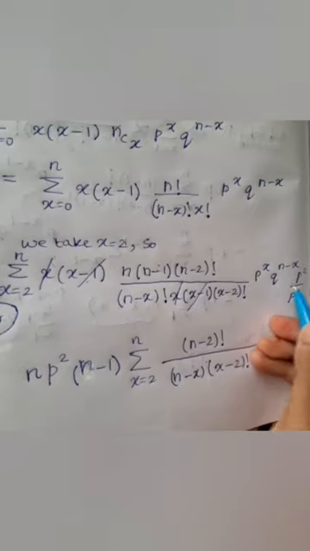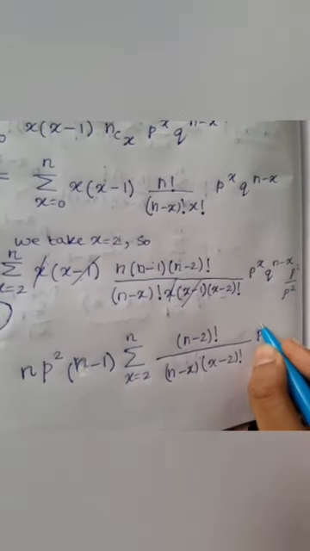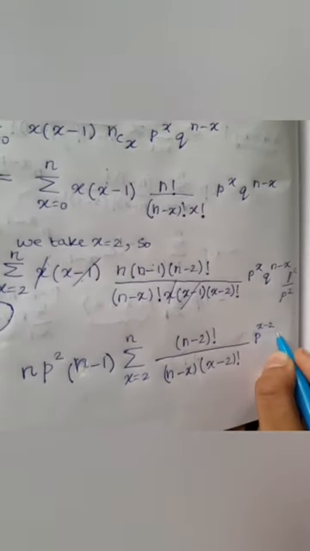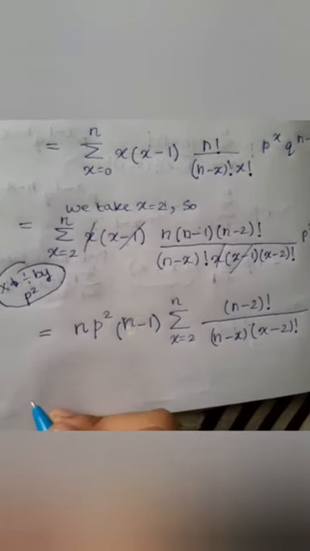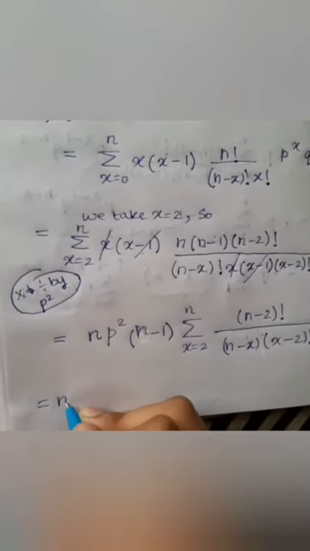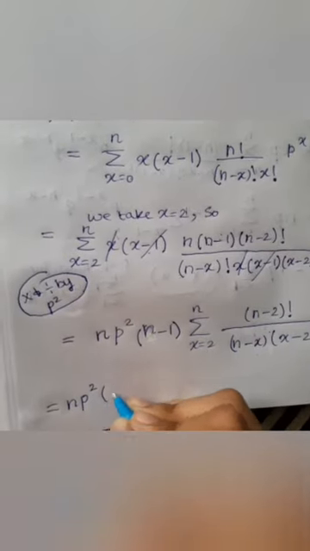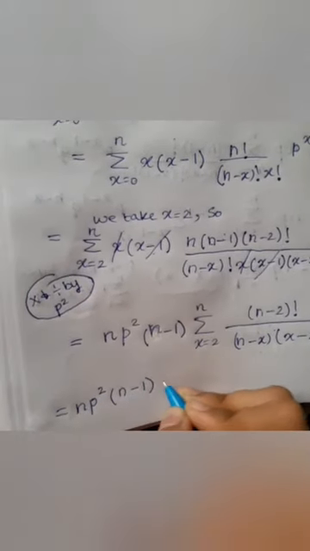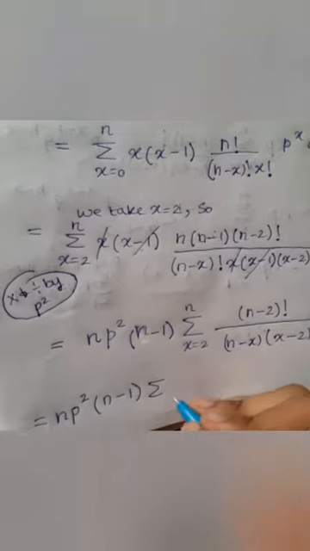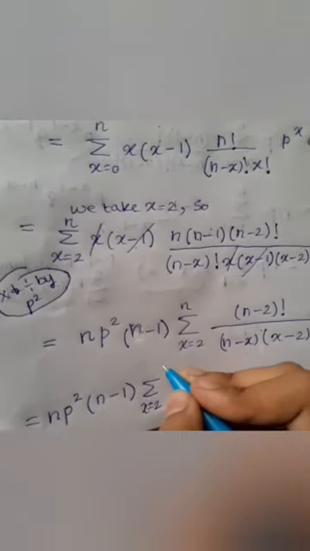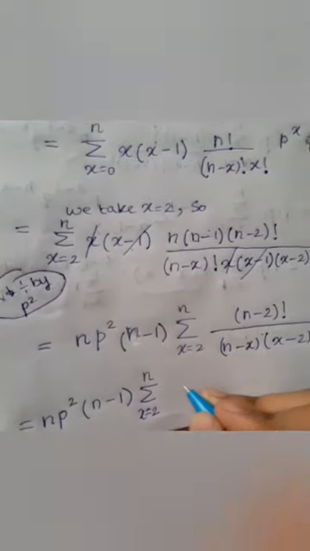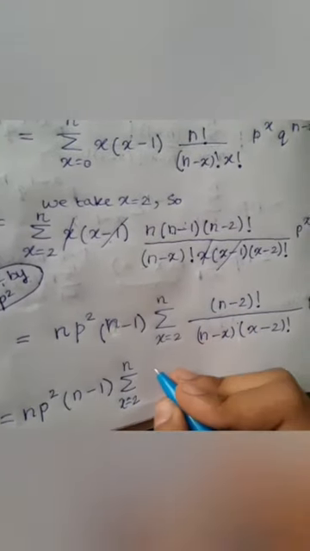Then we take p power x minus 2 and q power n minus x. Then we are getting np square n minus 1 summation x is equal to 2 to n. As per the formula we write n minus 2